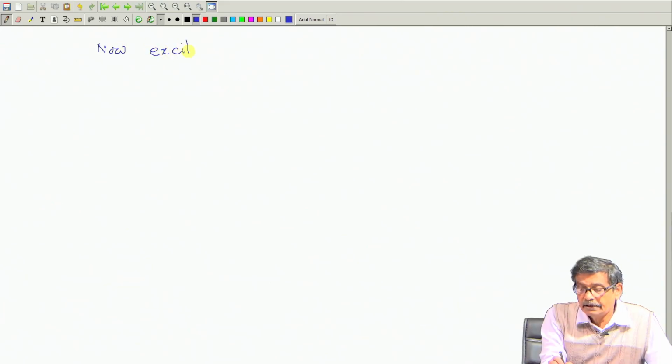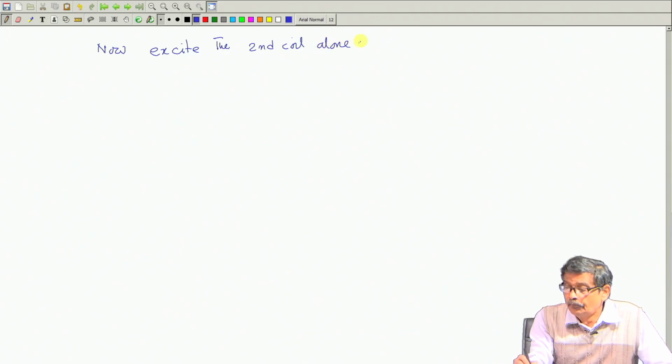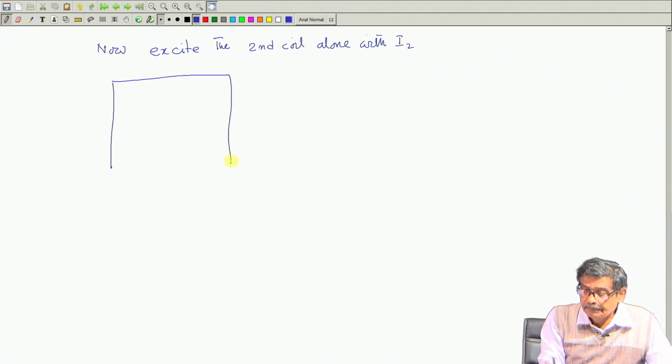Excite the second coil alone with some current, say I 2. So, let us draw it quickly. So, this was the thing, this is the core,